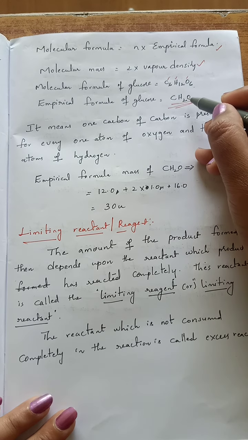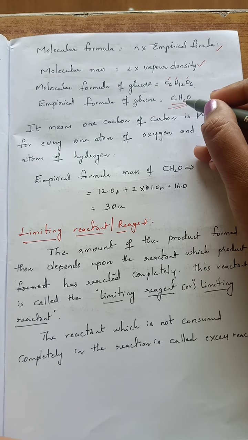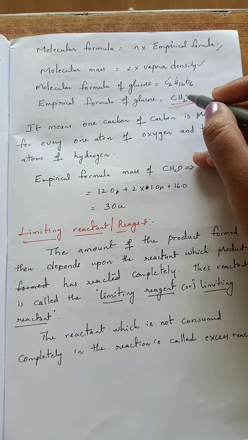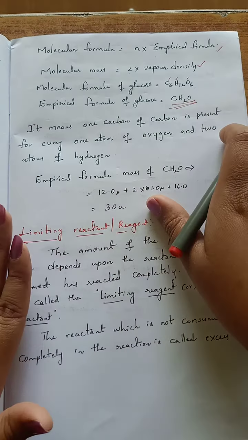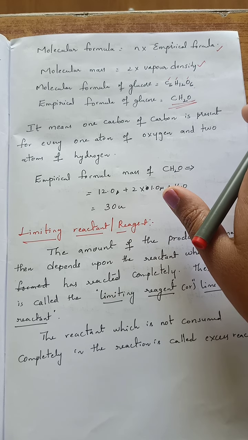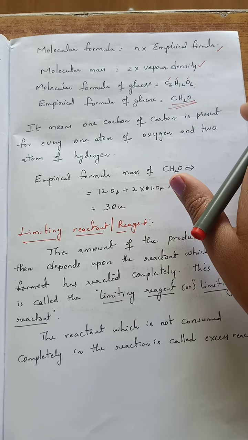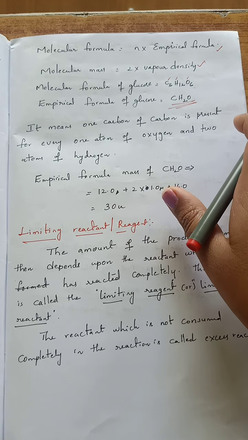That means carbon and oxygen are in ratio 1, hydrogen is in ratio 2. So instead of writing 1 after carbon and oxygen, we can leave it out, it's not a problem. So simply we can represent it as CH2O. So this is the empirical formula. The empirical formula is not a true formula, only the molecular formula is the true formula. There we represent all the numbers of atoms of various elements present in a molecule of the compound. But in the empirical formula, we represent only the simplest ratio of the atoms of various elements. That is the empirical formula and molecular formula.